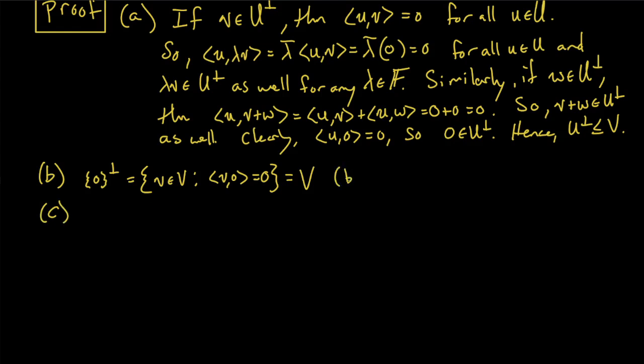C. By definition, by the definition of the inner product. So this is one of our conditions. Okay, cool. Now for part C, if we take V perp, this is the collection of v's in V such that